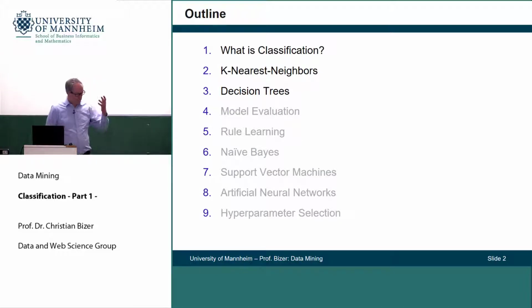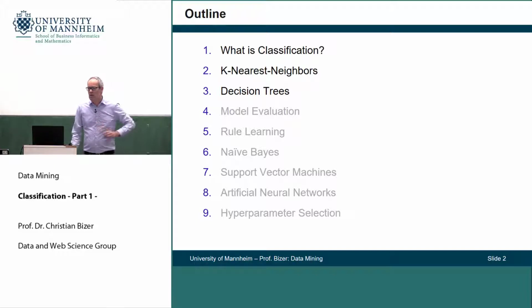So classification is a very important topic. So we will spend 3 lectures on this topic. Today we will in general look at what is classification, and we will look at 2 specific classification methods, k-nearest neighbors and decision trees. In the context of decision trees, we will also discuss model overfitting, because kind of the art